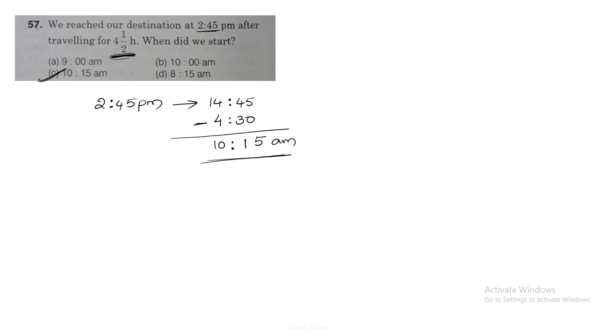Okay, next, the 58th question: the prime factorization of 640. Prime factorization is nothing but doing the division process. So we need to divide 640 by prime numbers. The first prime number, since we have 0 in the units place, is 2. In the 2 table this goes 3 times. 2 threes are 6, 2 twos are 4, followed by 0. Again in the 2 table, 2 ones are 2, 1 is carried, so 12.